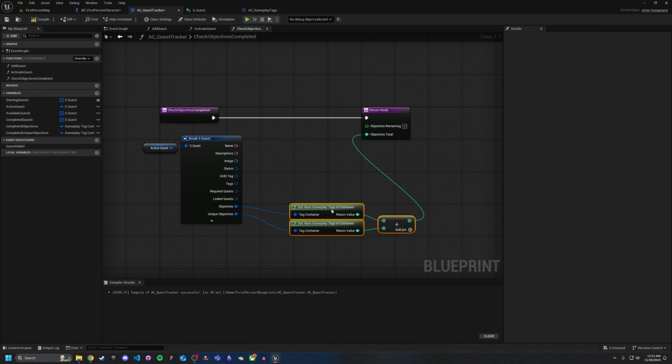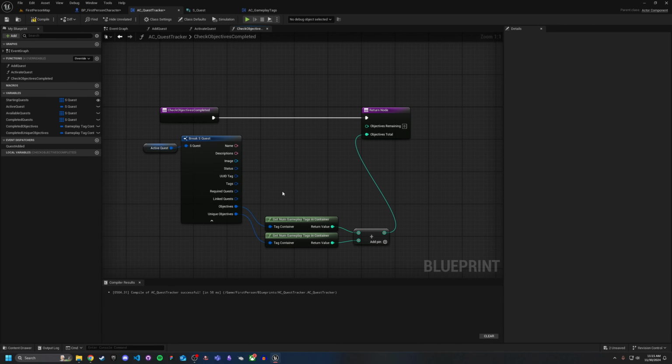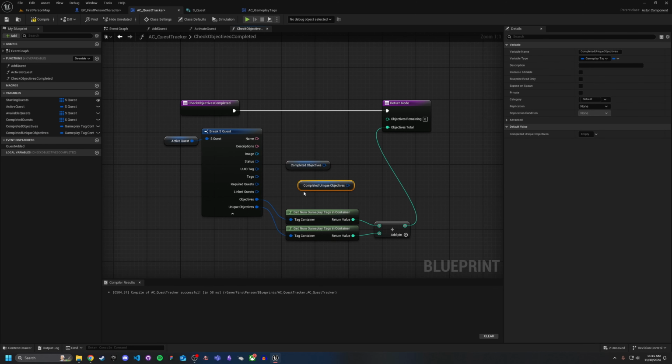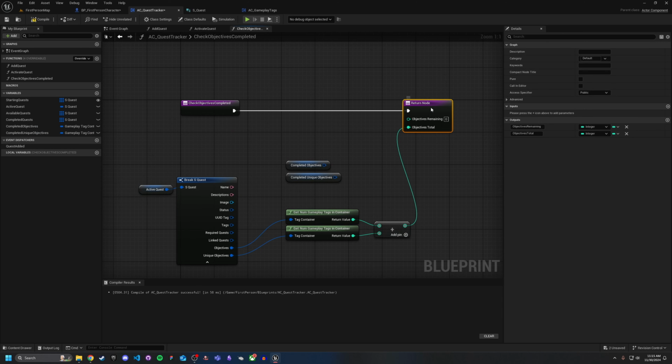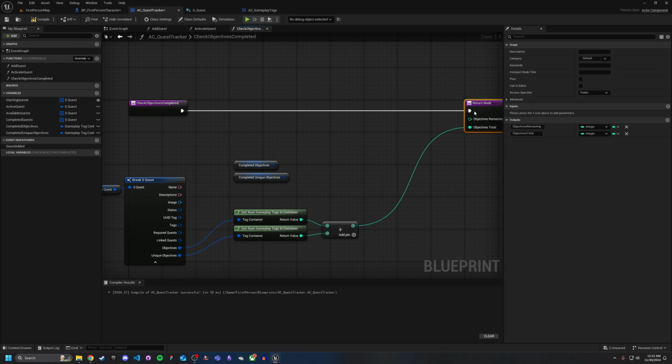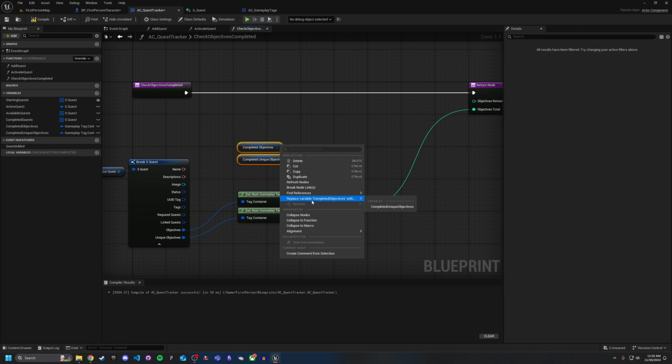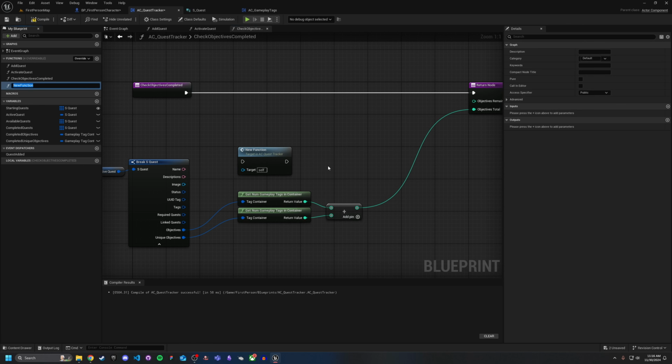Now to get the objectives remaining, what we basically got to do is get our completed objectives, get unique objectives. And this one's going to require a little bit more math. So we're going to actually kind of double layer here. We're going to have a function within a function. So let's go and create this function. Here we go. Collapse to function, and we'll call this one